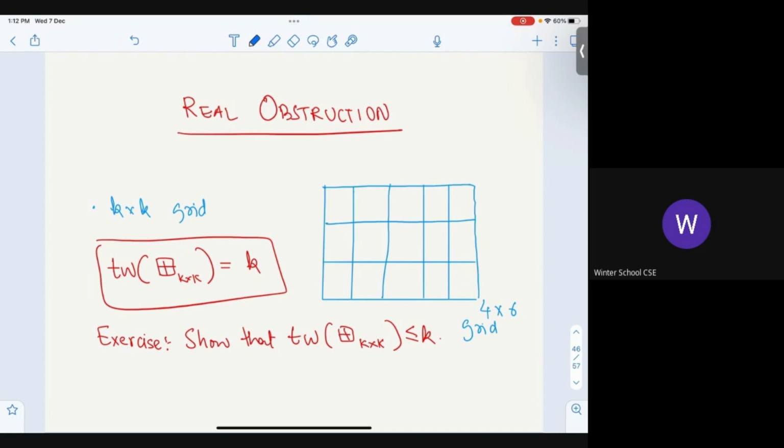These are the people who are the real obstruction. So what I mean by real obstruction is, if this object doesn't exist, treewidth is small in some sense. If treewidth is big, this object will be sitting somewhere hiding. This is what I mean by obstruction. These are the objects which obstruct the tree decomposition of a graph.